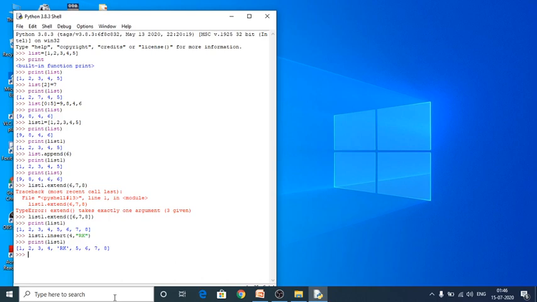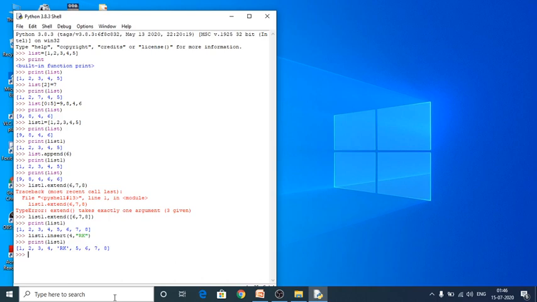Remove function is used to delete with the value. While using the remove function to delete a value, within the remove function you have to give the value itself, but while using the del statement you have to use the index position of the particular element.